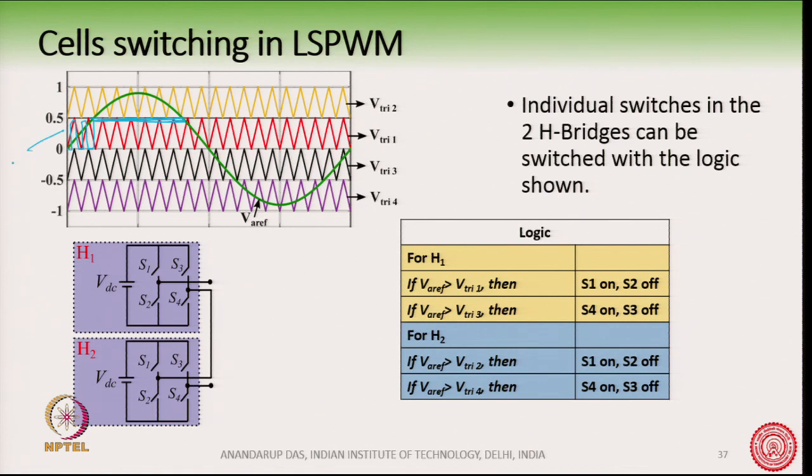So, this is S1 in H1. Here it will be sometimes turning on and off, that is doing the pulse width modulation, whereas during this portion of time VRF is more than V triangle 1, that is VRF, this portion is more than triangle 1. So, it has been completely turned on, and during this portion of time,